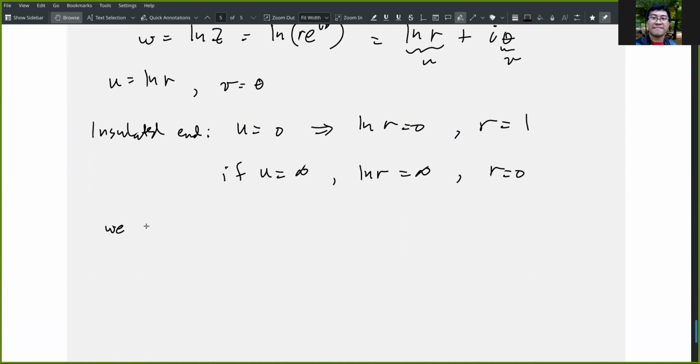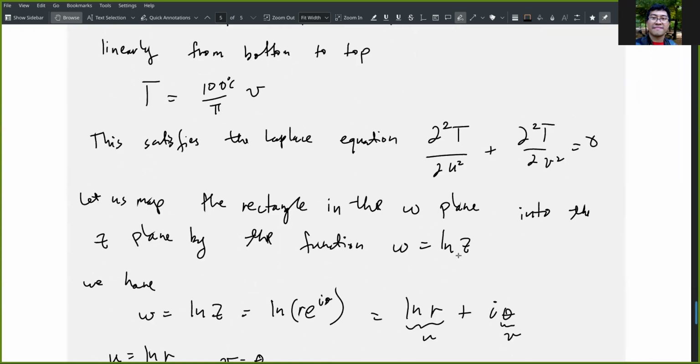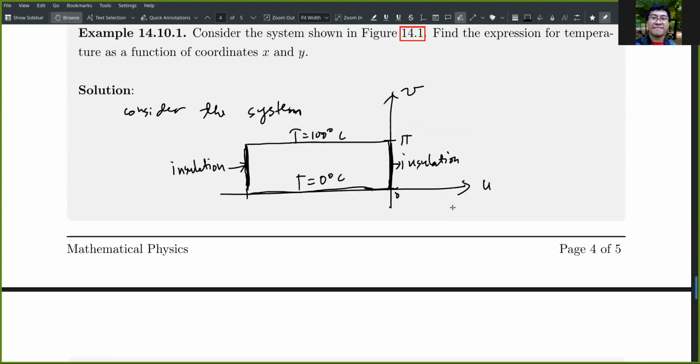So we now transform our solution in the W plane, which is T equals 100 degrees Celsius over pi v, to the variables x and y, so that if you have T equals 100 degrees Celsius over pi v, we simply replace v with what we found here. v is theta, but for theta in the xy coordinate system,